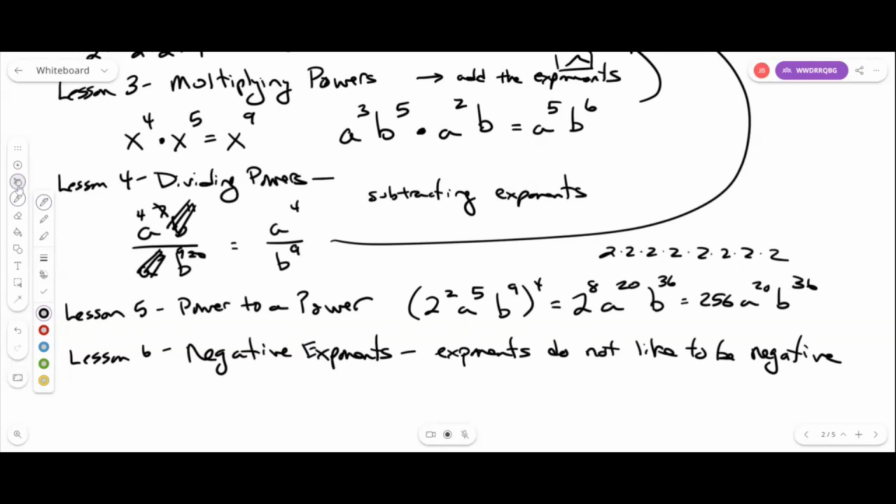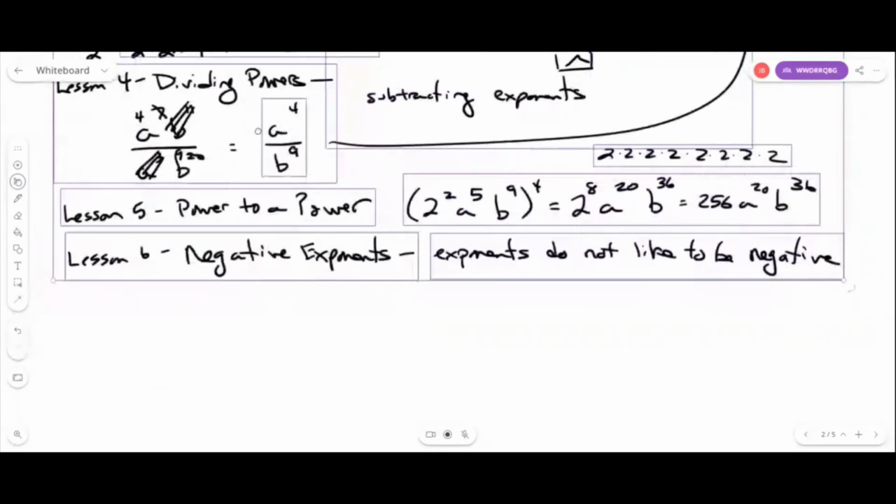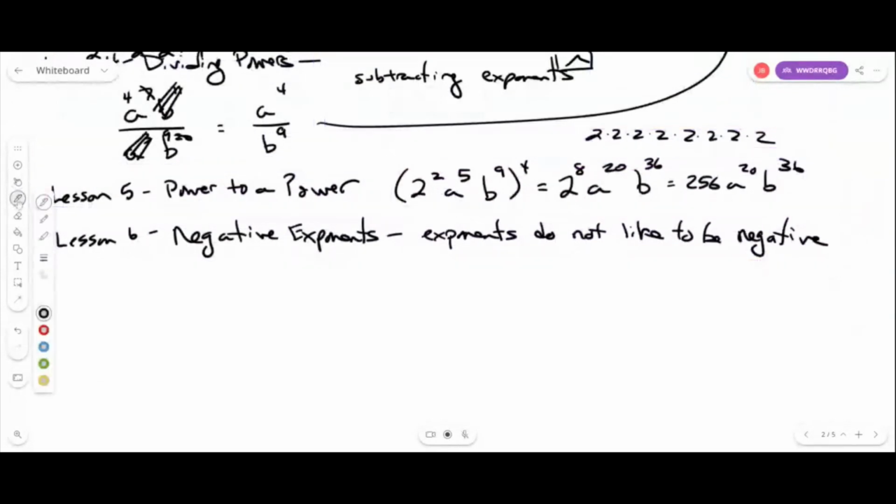And the way they can change from being negative is if they jump across the fraction bar. Now, that's not what's actually literally happening, but that's what it looks like happening. Okay, so